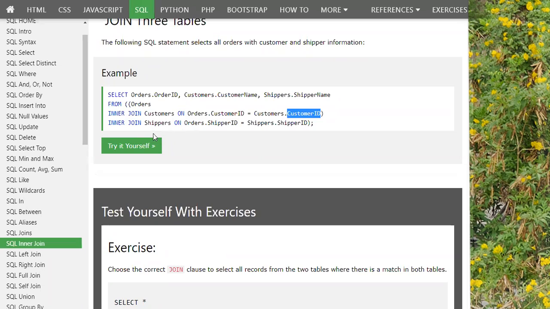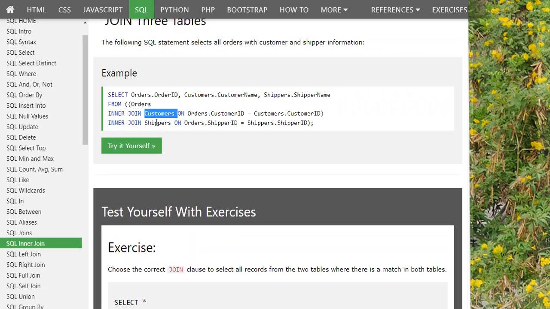There is another table, so you can have joins of more than one table, even three tables. Here the shippers table is also added. So: join shippers on. If it is from orders, there might be some common column between orders and customers, and some common column between orders and shippers.